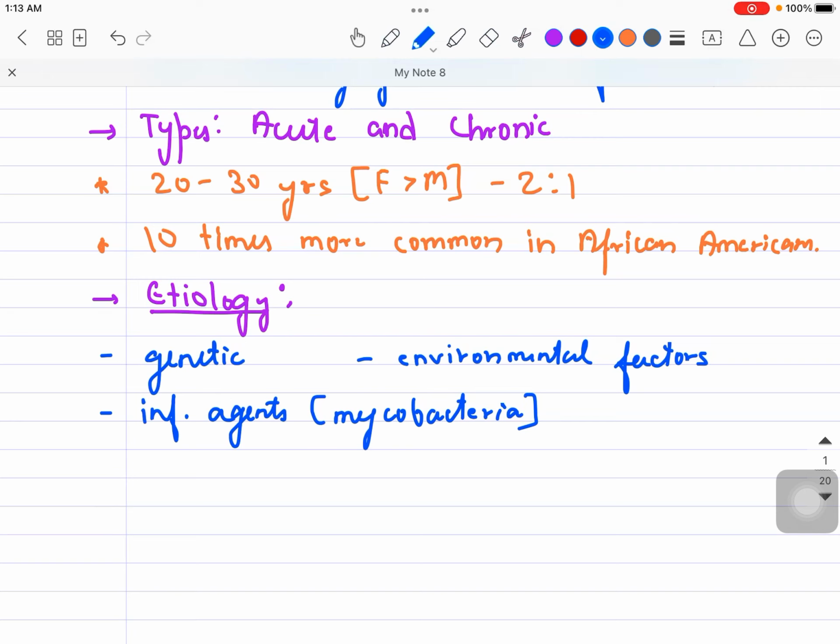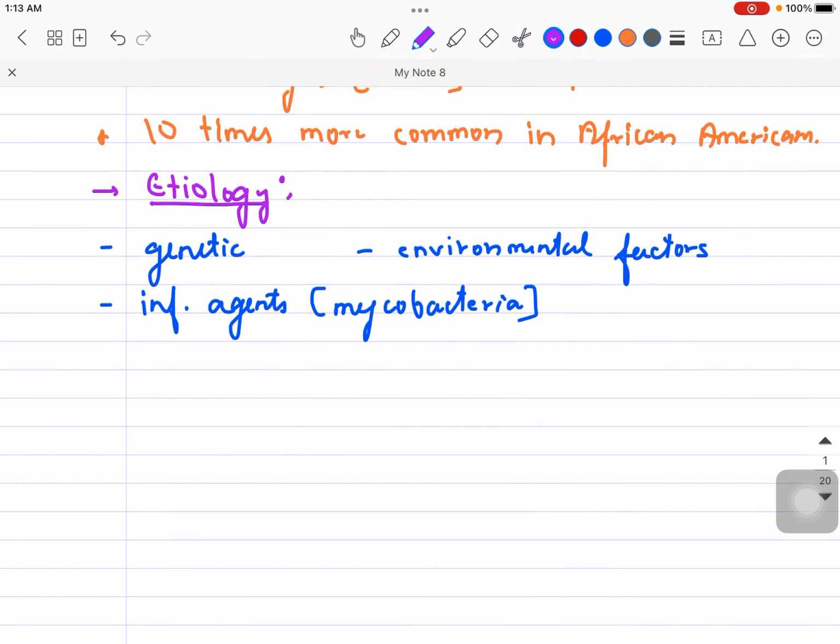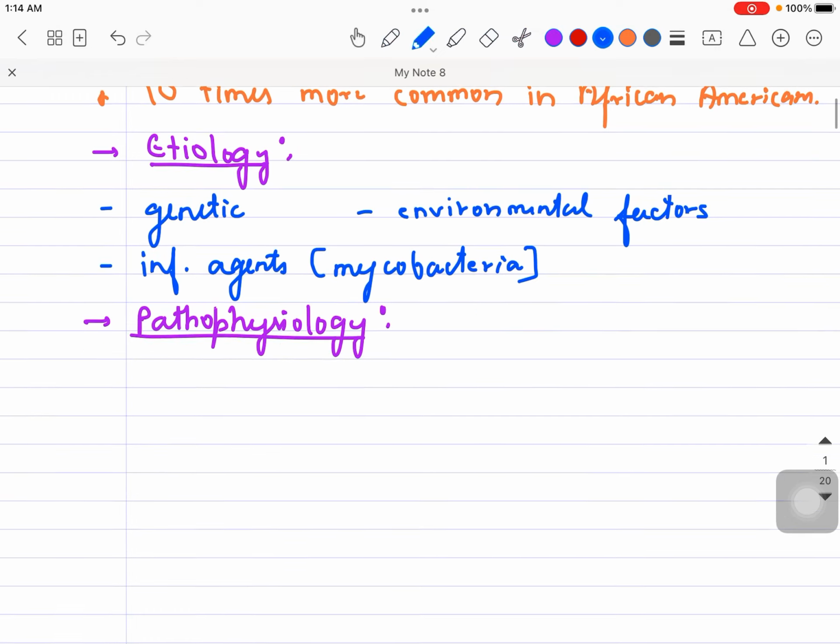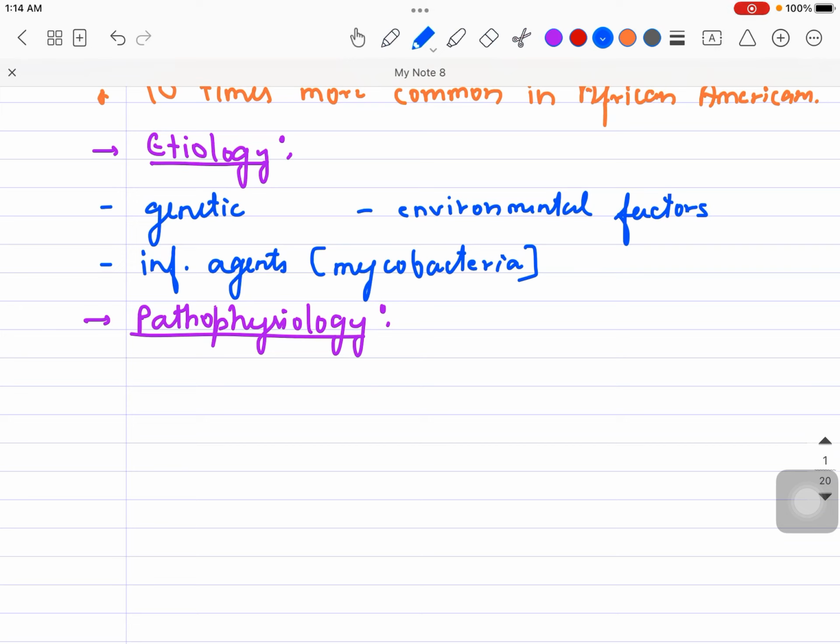Fine. Now if we talk about the pathophysiology of this particular disease, I will not go into much detail, but you will still get the idea. In the pathophysiology, there is a dysfunction of the T cells. Basically I told you that it is a multisystem disorder. We'll see in the pathogenesis how the granuloma formation is happening, and eventually this granuloma will be deposited in multiple organs, and it will cause the symptoms and cause the sarcoidosis disease. That is the main thing which is happening.